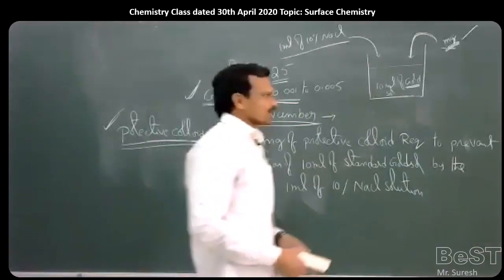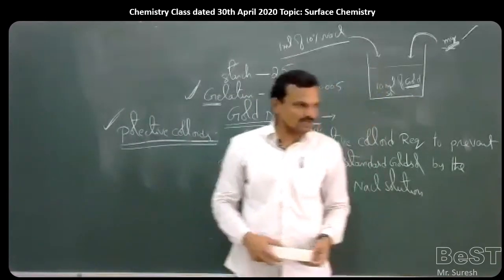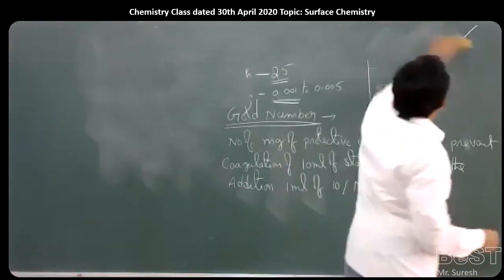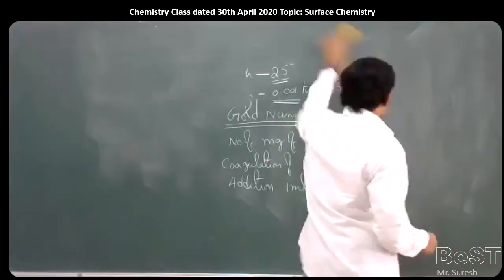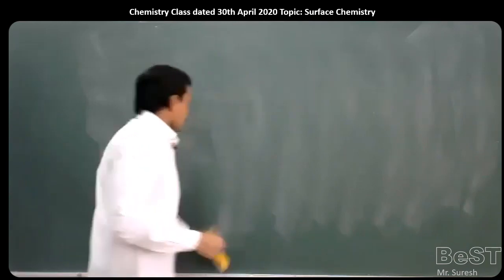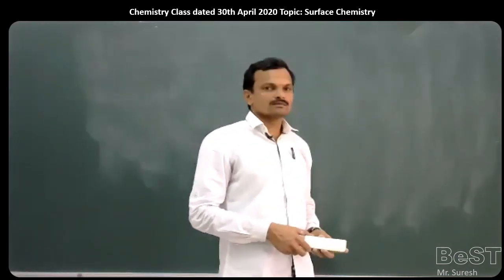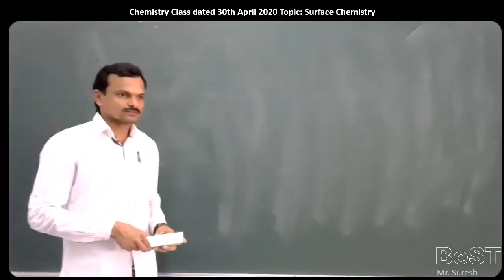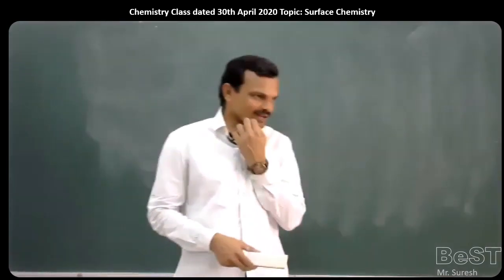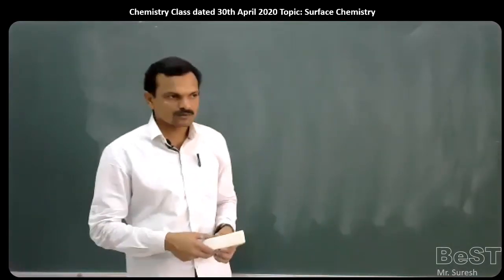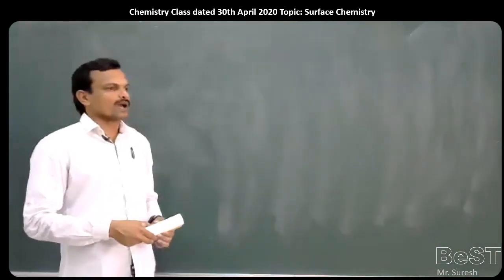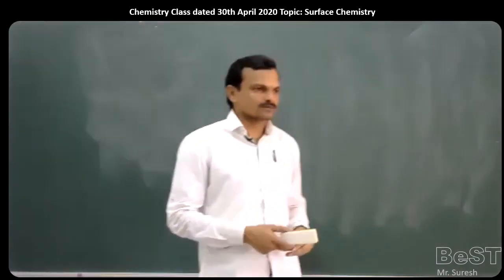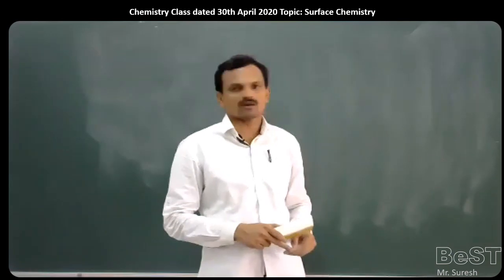So these are all the properties of colloids we discussed over the last 2-3 classes. The first one is colligative properties. Second is Tyndall effect. Third is color. Fourth is Brownian movement. The fifth one is charge. Sixth is coagulation of colloids. And the seventh is what we discussed right now, that is protection of colloids. So these are the 7 properties mentioned as per the syllabus for colloids.